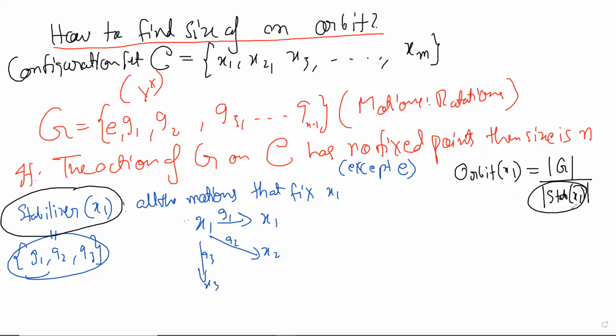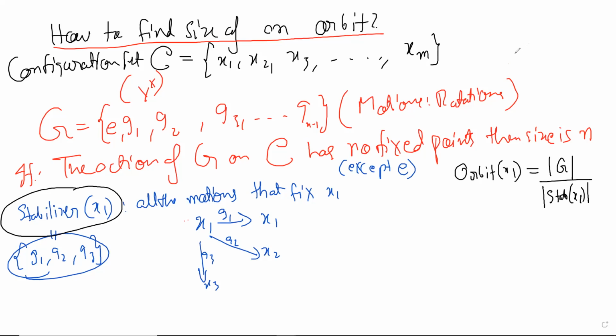Yes, it's always valid, right? Because it cannot happen that nothing stabilizes x1. Identity will stabilize, and so the size is 1. And that we even saw in the beginning, that when the size was 1, then it was equal to the size of the group, the size of the motions. And that we also used in the n minus 1 factorial formula for the number of circular arrangements. But in general, it will be this. Now, this is a hard result.